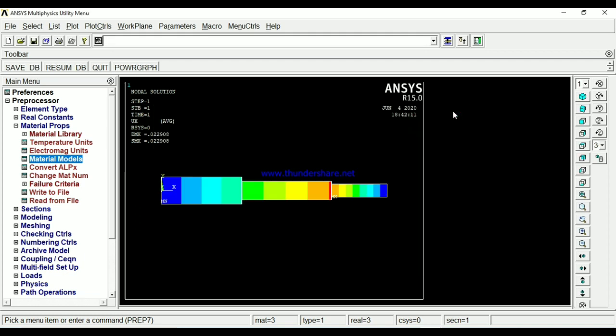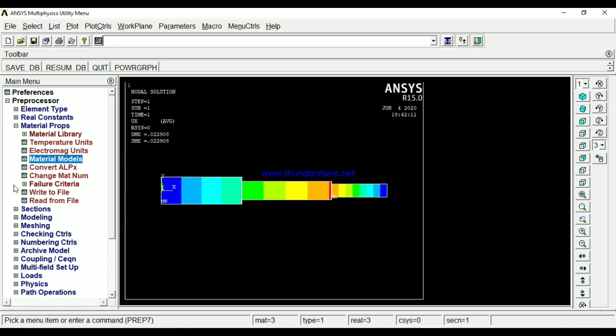You can also change the load, and you can change the boundary condition also. Anything you can change at any point, and you can resolve it and you'll get the correct answers here. Initially we got the wrong answers because in the beginning, in a hurry, I took the wrong value. That will benefit you also. You are learning how to edit any mistakes you make.